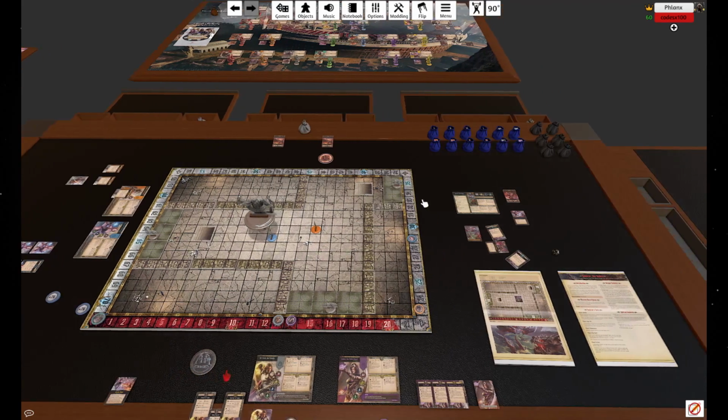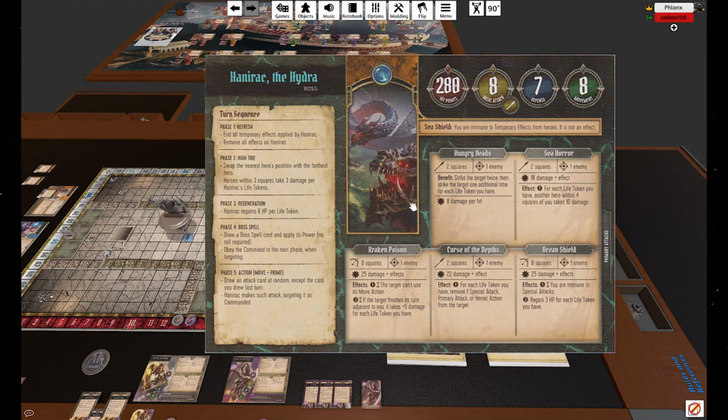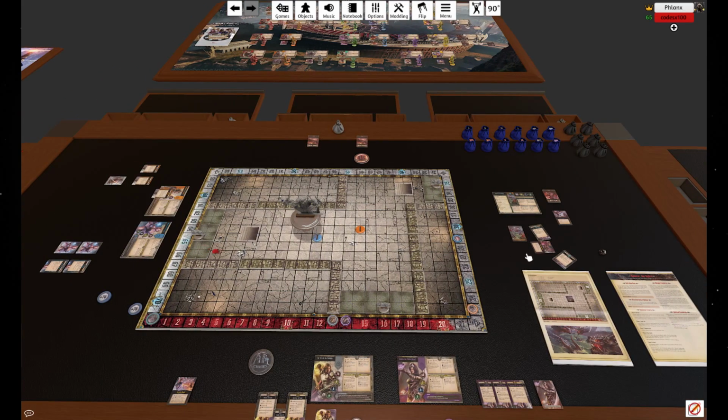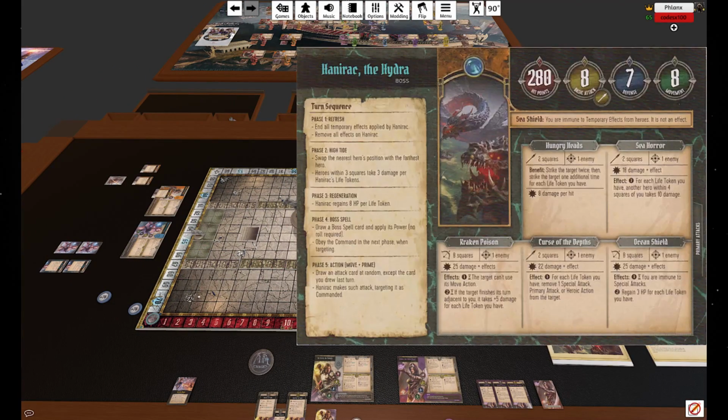Right. I feel like if it was all inverted, like if the fewer life tokens he had, the harder he got, it would be more beneficial. Because in the first round we knocked off one of his life tokens, and we were able to knock through it so quick. And then you have Sea Horror: for each life token you have, another hero within 4 squares of you takes 10 damage. Then you have, let's see,